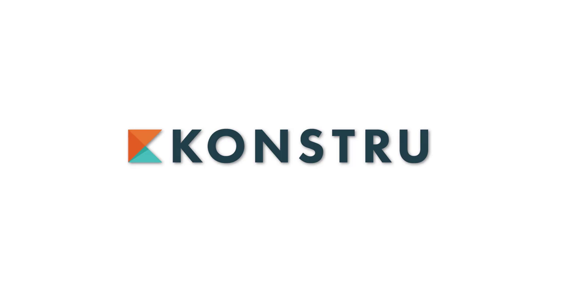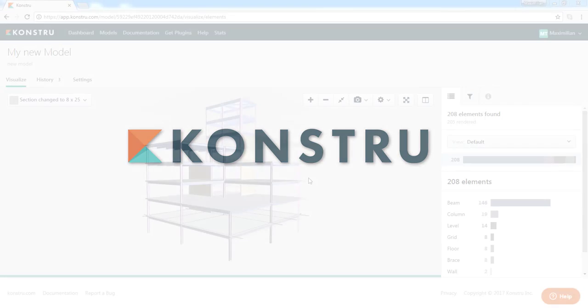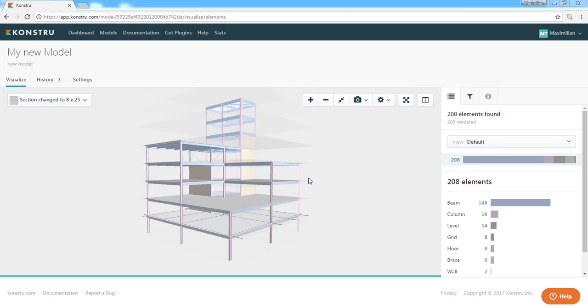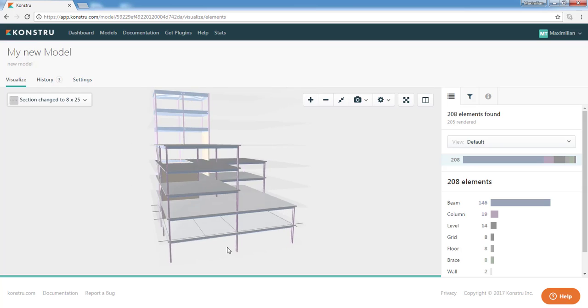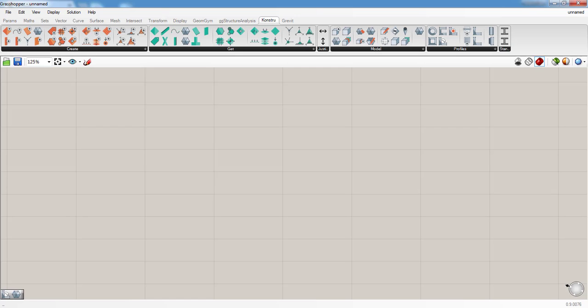Hi, I'm Max of the Konstru team, and now I'm going to show you how to download a model from Konstru to Grasshopper. So this is my Konstru model that I uploaded earlier, and I'm going to access it directly